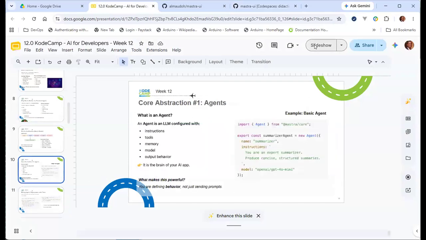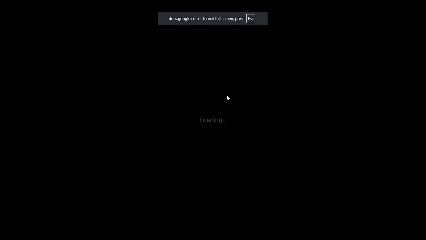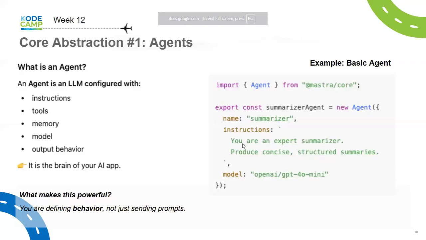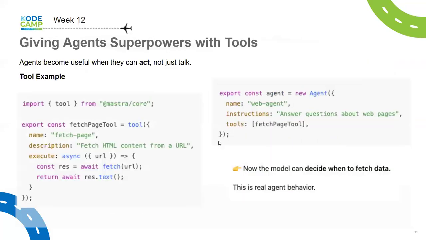So that's what an agent is. An agent is very basic. It's a basic principle, primitive rather. Now, when you create an agent and don't give it a tool, it cannot do a lot. It can respond to you. It can give you meaningful answers to your queries and so on. But that's about the most it can do.